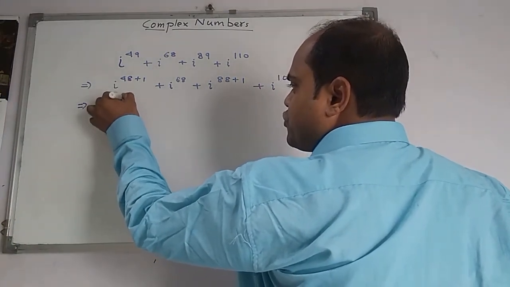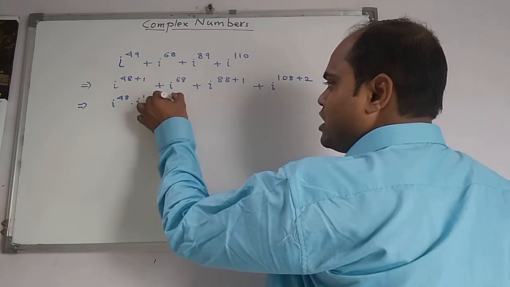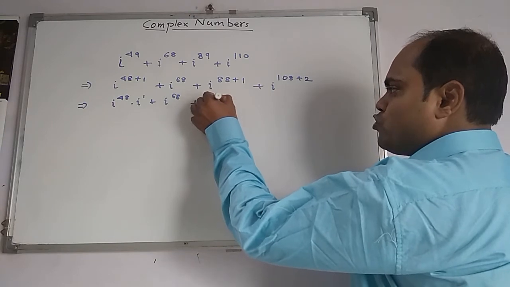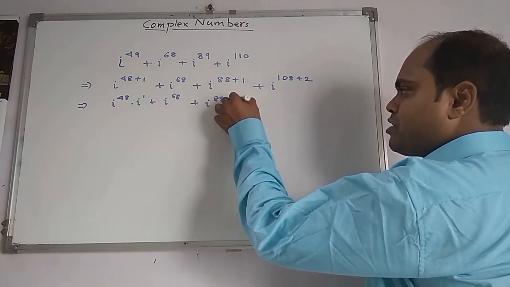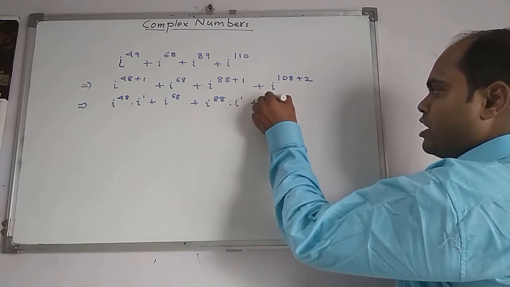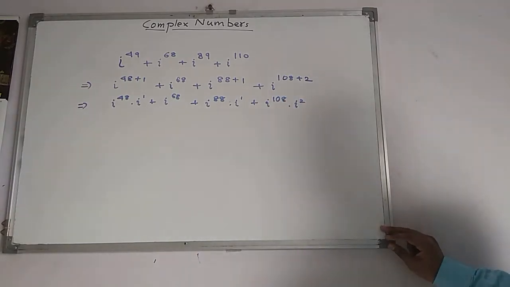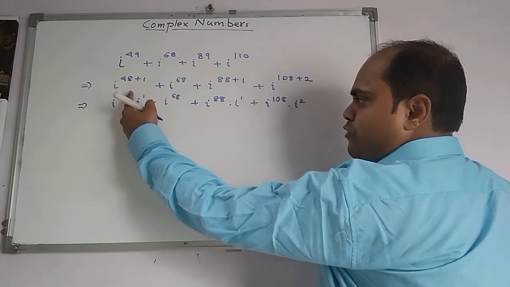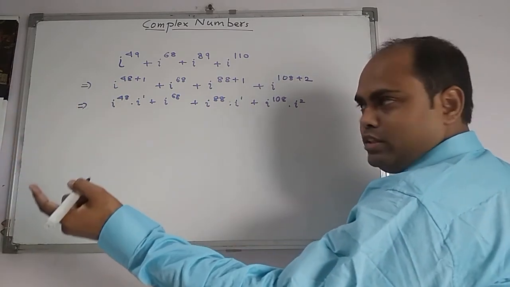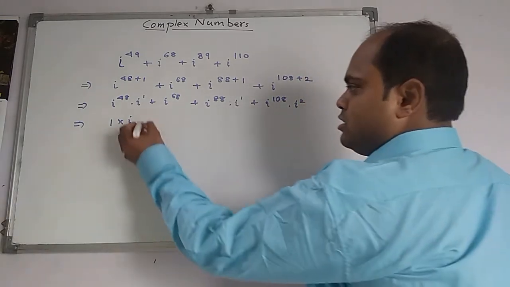So we have iota raised to 48 multiplied by iota raised to 1, plus iota raised to 68, plus iota raised to 88 multiplied by iota raised to 1, plus iota raised to 108 multiplied by iota square. So iota raised to 48, and 48 is a multiple of 4. So the value of iota raised to 48 will be what? 1. So we have 1 multiplied by iota plus